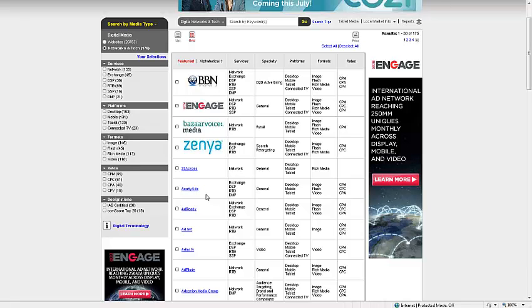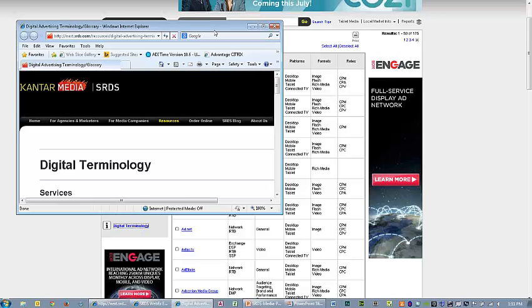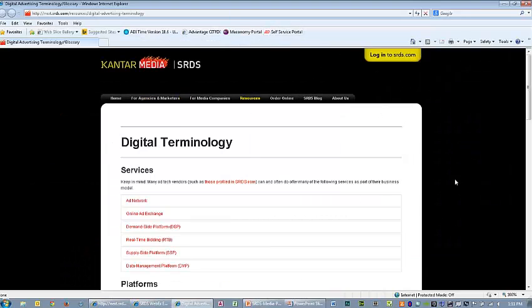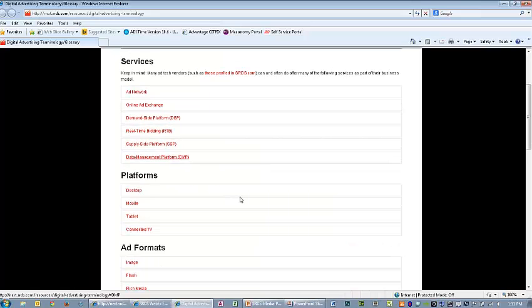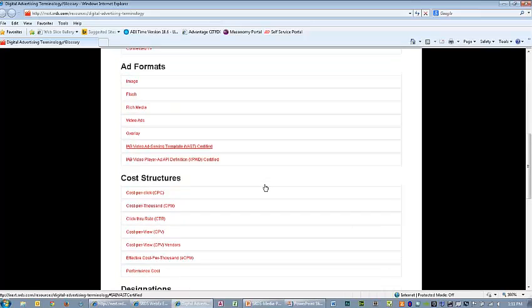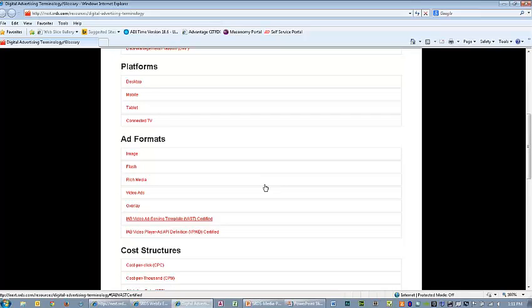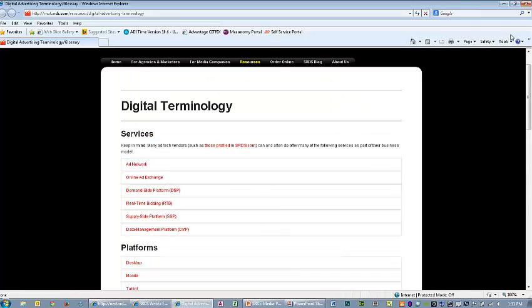And newbies, you can come here to start building that base of knowledge through the information that Mike referenced in our digital terminology link. The digital terminology link is located on the lower left-hand side of your screen underneath the filtering options. Digital terminology provides easy to understand definitions on every term in this resource. So whether you're having a hard time keeping all that alphabet soup that Mike mentioned earlier straight, or you want to learn more about the different ad formats and cost structures, digital terminology will help you find what you need.